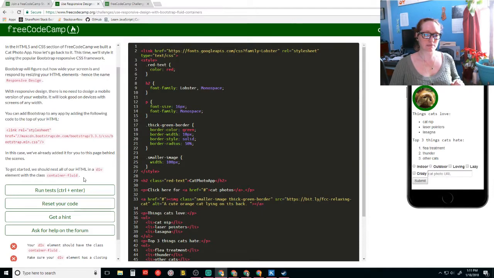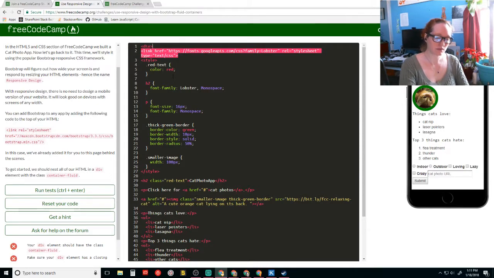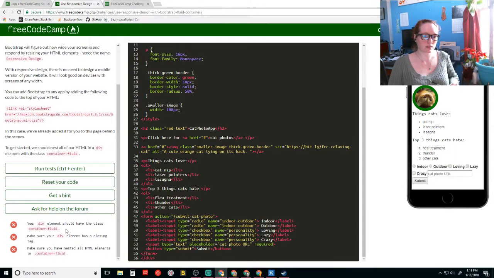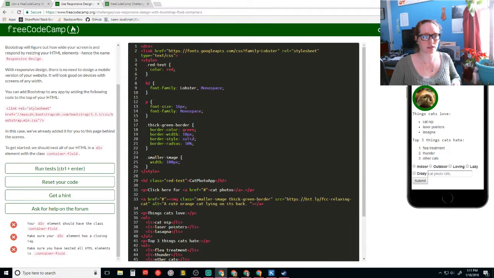Nest all the HTML in a div element with the class container fluid. Is that right? And our div element should have the class container fluid.